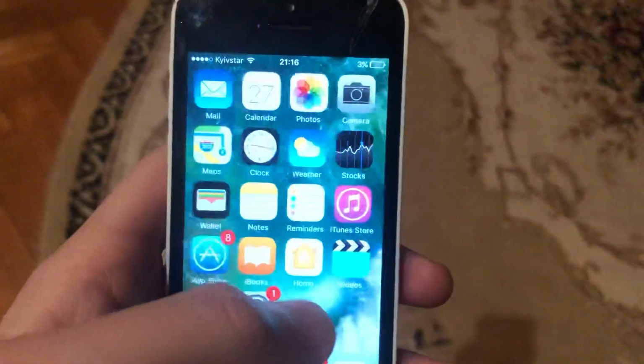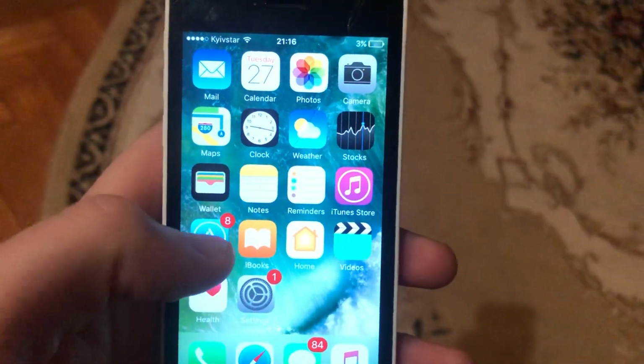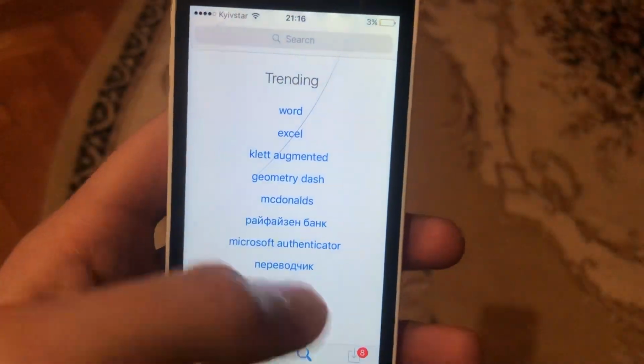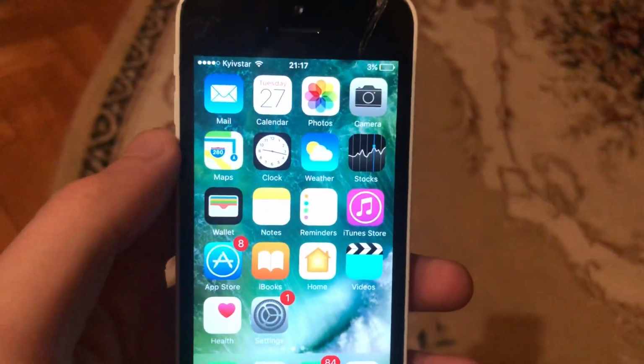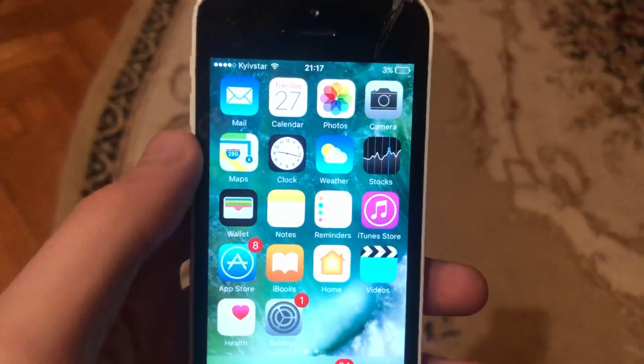And the last option you can try is to update your app. So just go to App Store, just go to the search tab, in the search tab just write Facebook, and if you see an update button there, just tap on it and wait until it successfully installs the latest updates for your